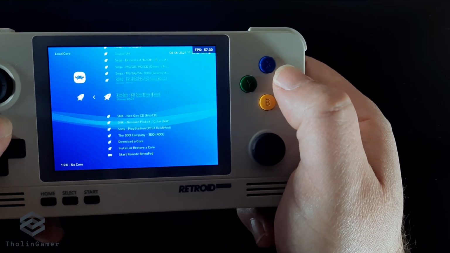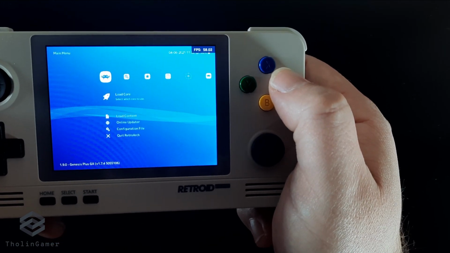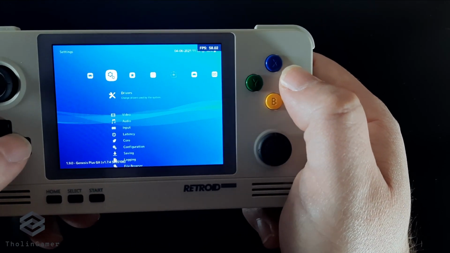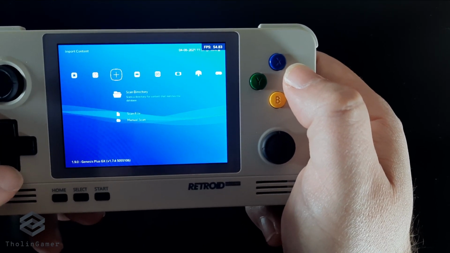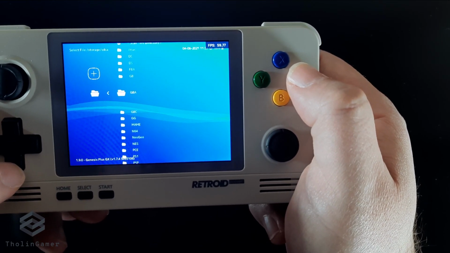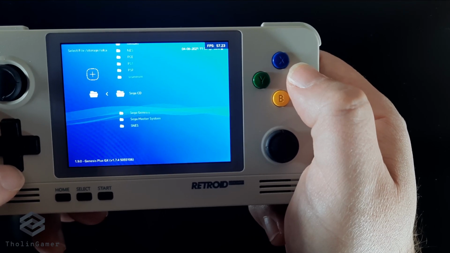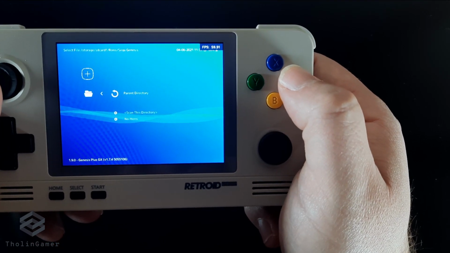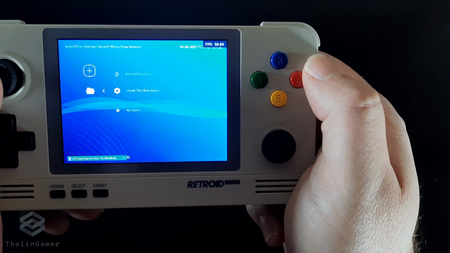So now that we have our core loaded, we can go to the ROM selection. In order to do that, we have to go here where you have to start scanning. You will select the folder where you have downloaded all your Mega Drive or Genesis ROMs, and then select Scan this directory.